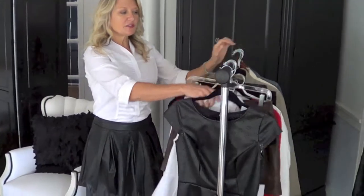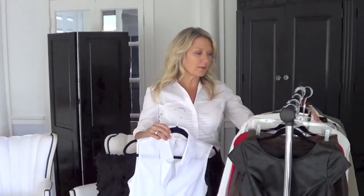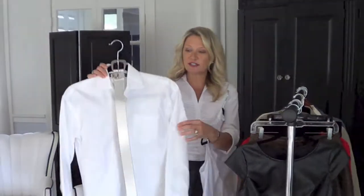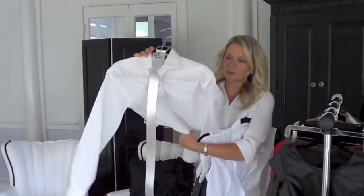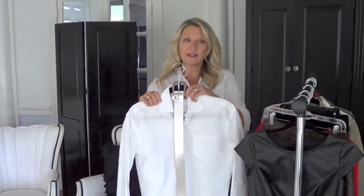This is a tucked in kind of stretchy version, but you can also do a sleeveless version by Laundry or a boyfriend shirt with an iridescent belt. This one's by Ralph Lauren. Lots of different ways that you can take, hopefully, in your existing wardrobe, you already have a white crisp shirt,